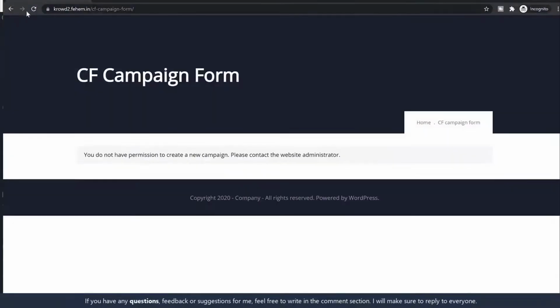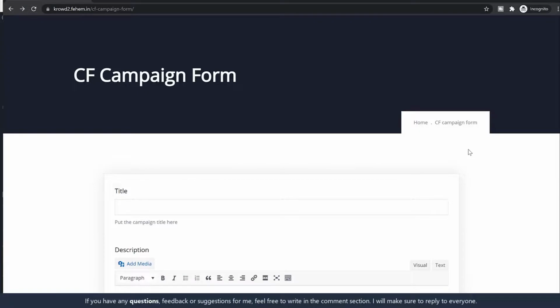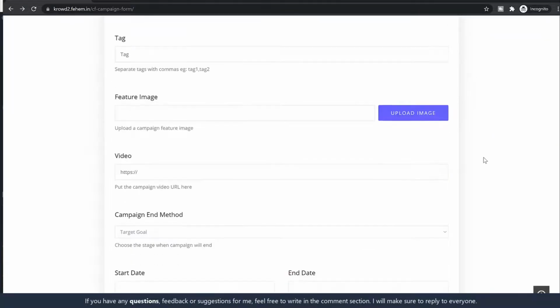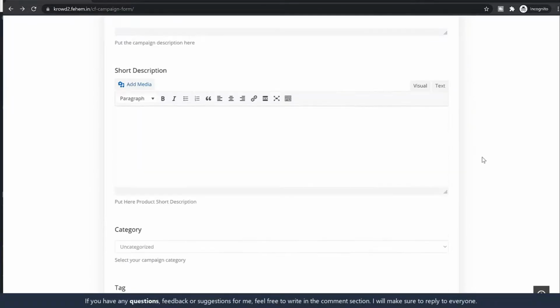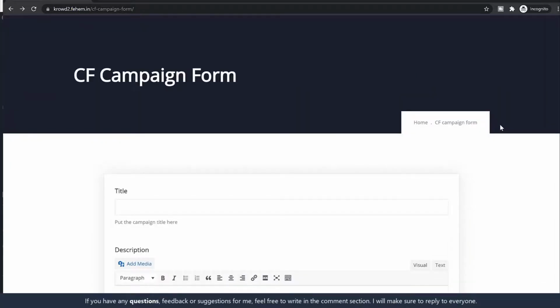Now if I again come back to this page and refresh it, as you can see, this is how it looks. Now I see this form, I can fill in this form and I can create my own new campaign. Now if you come back to this page and refresh it, and you don't see this form, try to refresh it a few times, because the hosting that we are using, this Fast Comet hosting, has caching enabled by default with this website. So whenever you create your website, there is some caching going on in the background. So it saves a version of this website, so that whenever your person